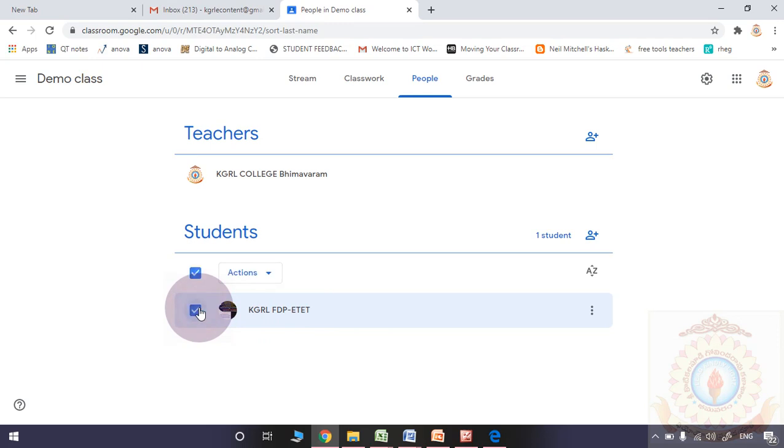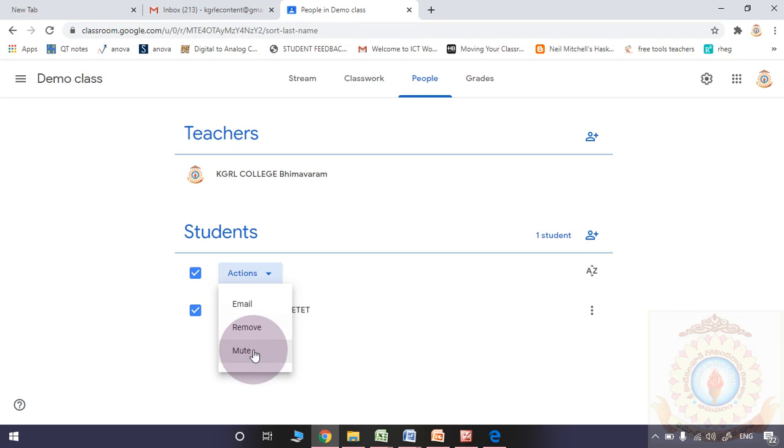Please observe, I am checking my student email ID. I may email after checking all the student information. I may send any information via email. I may mute them also for some time. If anybody submits an assignment or wants to communicate with the faculty, a notification will automatically come to the teacher. If I am muting them for some time, I will not receive any notification. If I want to remove them from my class, the chance is also there.